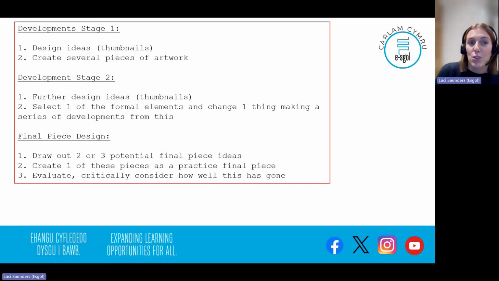step there would be to create some of those pieces of artwork. So there's 2 elements to this. You're designing what you might do, but you're also making some of them. They won't be final pieces, but they will be resolved, finished pieces of artwork. The second stage is to stop there and go again with your design ideas. So making a whole other section of thumbnails. So the first ones, you're at the top of that funnel. The design ideas might be quite broad. And then as you come down, you're going to be getting a bit more specific now. And then, like I said, you might select one of the formal elements and change one thing and make some